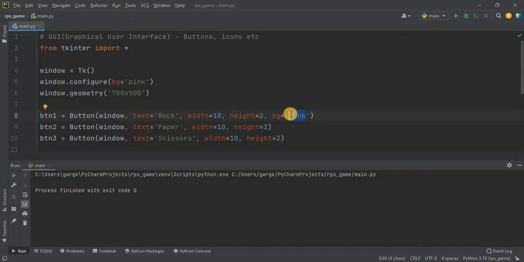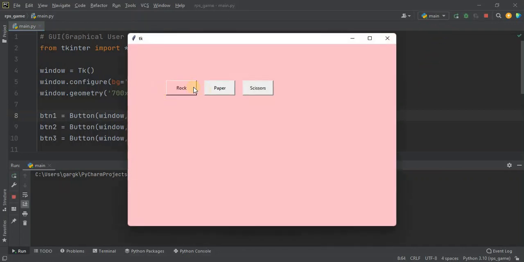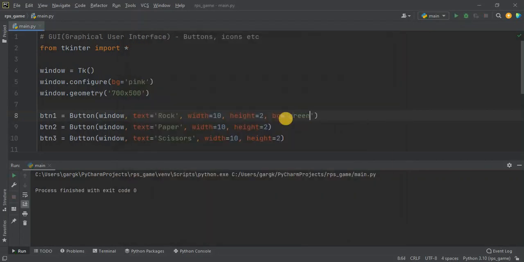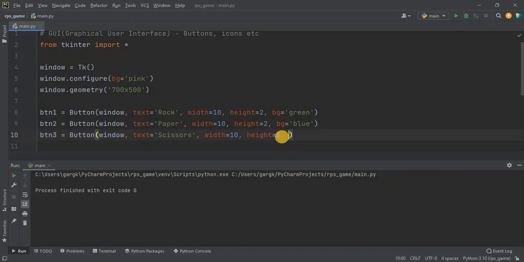But instead of pink, I will do, let's say green, because if I let it remain pink, then we will not get to know what the button is. That's why I will say green, and I can say here some other color like blue. And I can say here bg equals to red. All these three are primary colors.